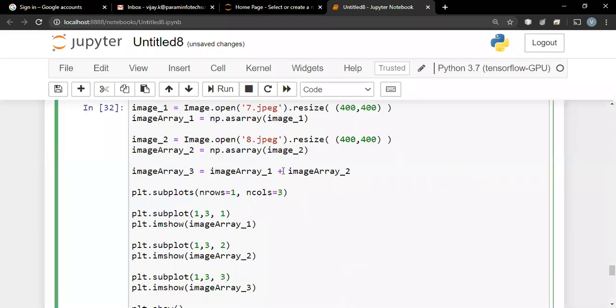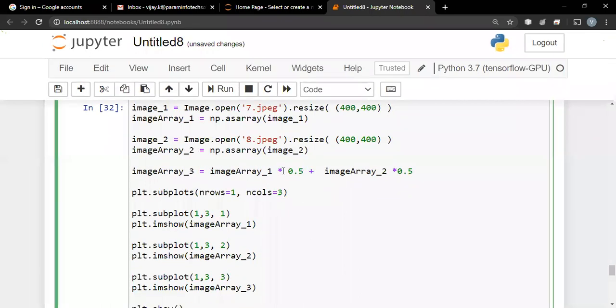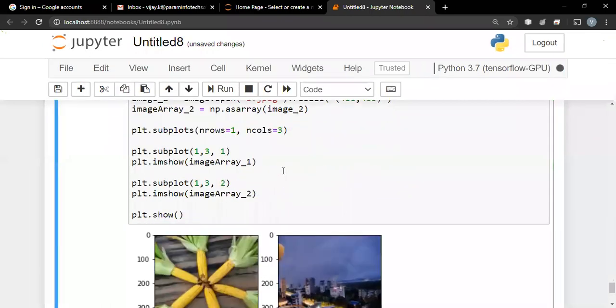So basically, if you want to add two images, directly adding them is not a good idea. The simplest idea is that you should give equal weightage to both the images. So I'll divide the first image by 2 and I'll divide the second image by 2. Or to be more precise, we can do something like this. Multiply the first image by 0.5, so I reduce every value to half, and multiply the second image by 0.5, that is reduce every value to half again.